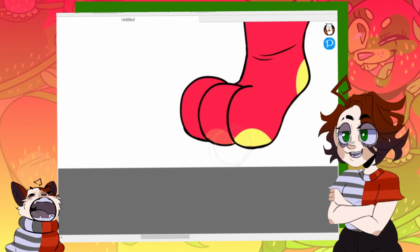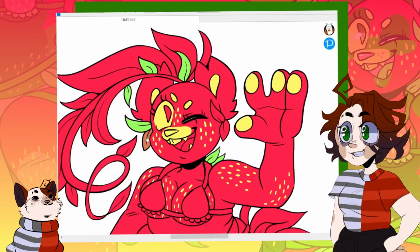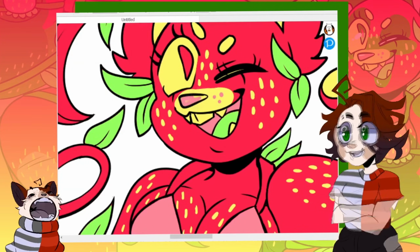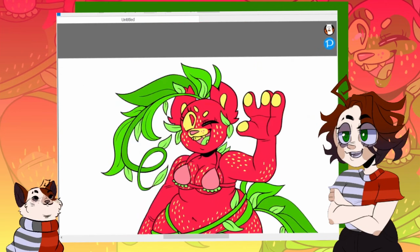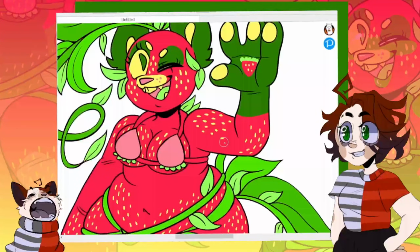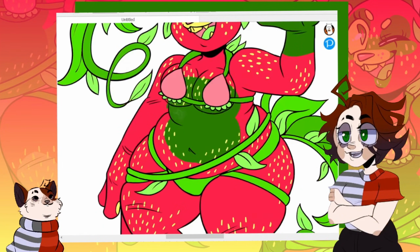She is such a unique character. Her color palette, it all works. But when you look at it, it's jarring. Like when you look at it, you're like, it shouldn't really work. But on a technicality, it does. And I really like that for her. I think no matter what, even if we're not like the most